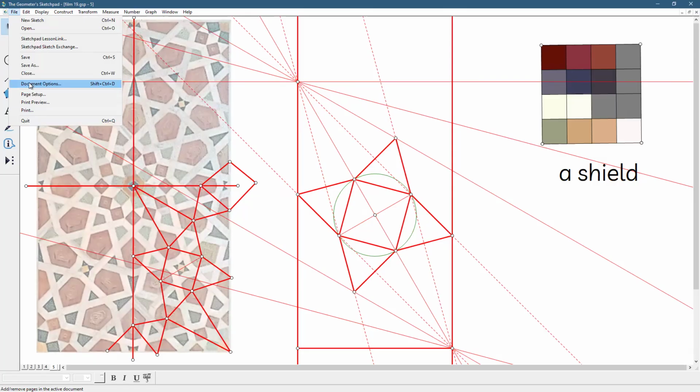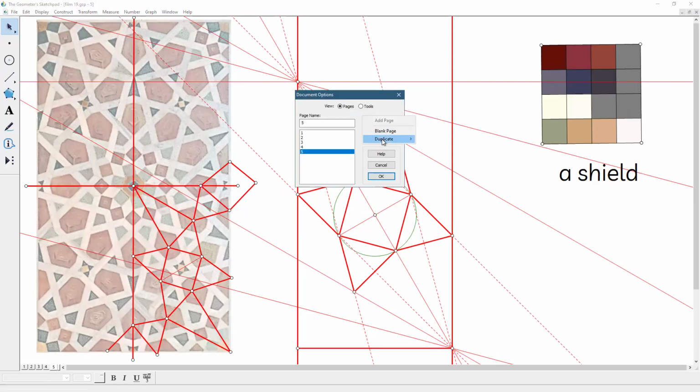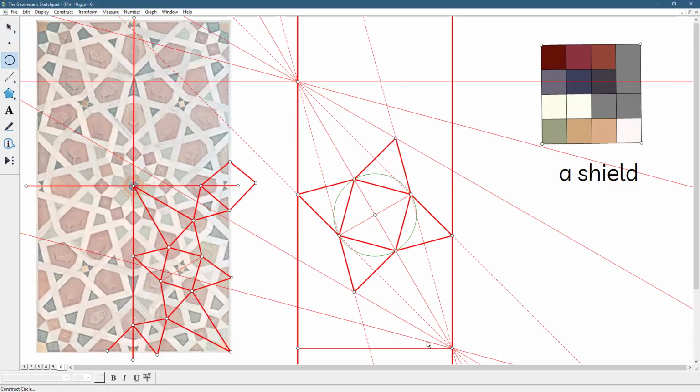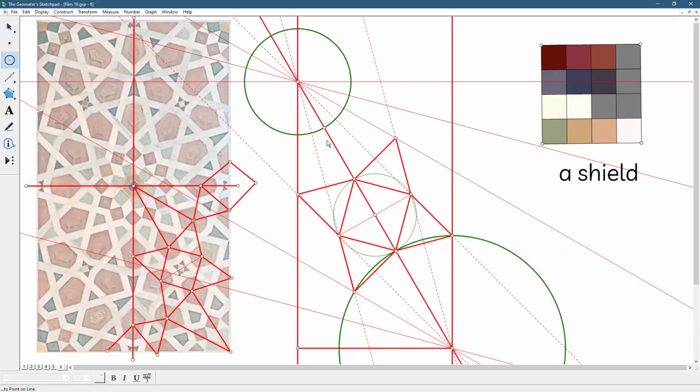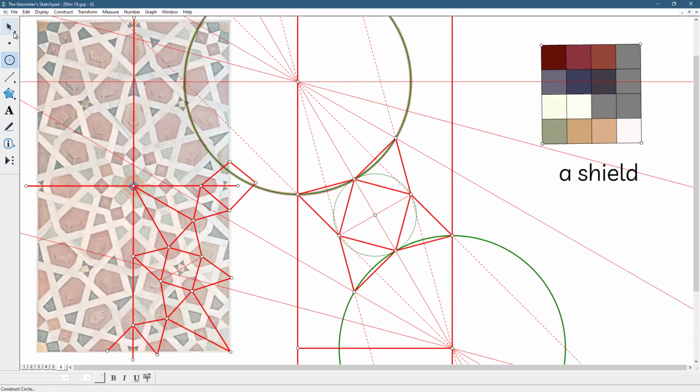So File, Document Options, Add, Duplicate page 5. Okay, and then what I do: a circle this way, and a circle this way. Notice that each circle is passing through the points that we already have. We have these points already. So just a small addition that will come here, and you see how far we went. Yes, and then we got this,